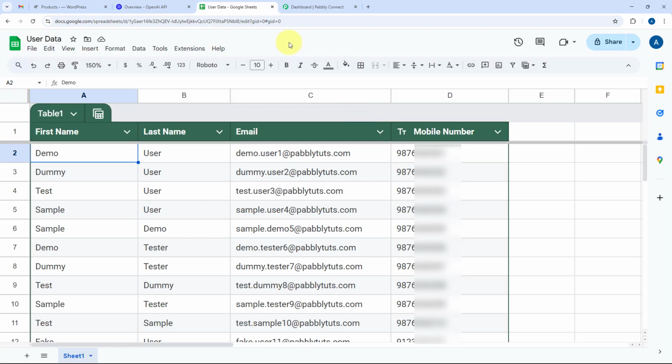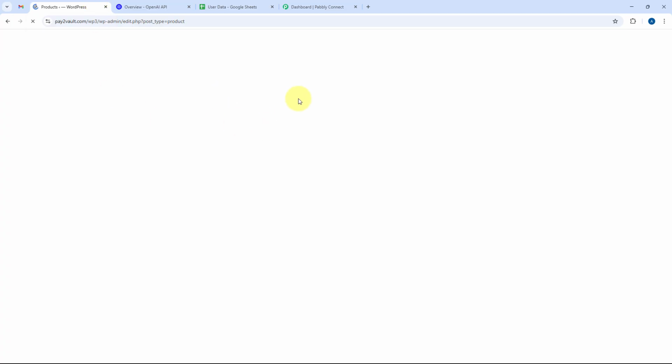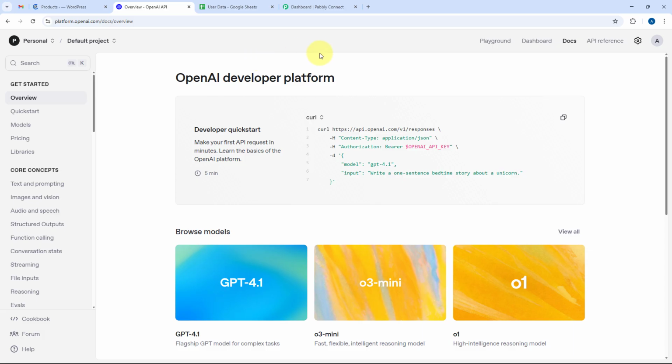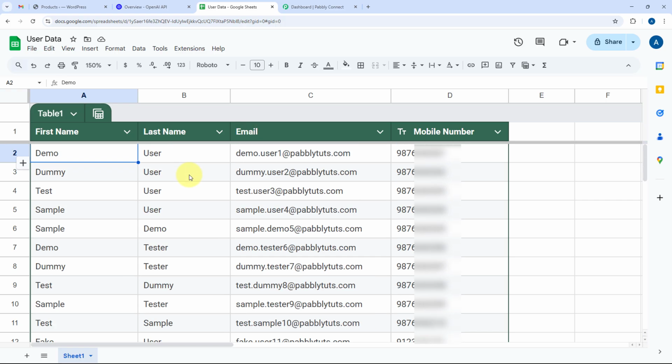So we are going to build an AI agent, an automation over here using AI in Pabbly Connect, using which whenever a new product is added in a WooCommerce store, this AI agent will capture the details of the new product and send it to an AI platform like OpenAI. Using OpenAI, we are going to create an email and the subject line of the announcement email. After that, this AI agent will get the details of all the users, all the leads or customers whose data we have in our Google spreadsheet. And one by one, this AI agent will send all of these details to all those leads from our Gmail